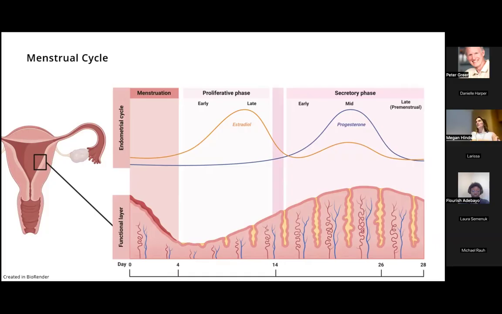So the question then is, because the samples are collected by the participants themselves in their own homes, they are just kind of the general population, could that be affecting the quality of the samples and potentially the cellular yield and the success of the isolation in general, which is a very good point. And I have to say, over the past year, I've received more menstrual blood samples than I know what to do with. And there's definitely variability,